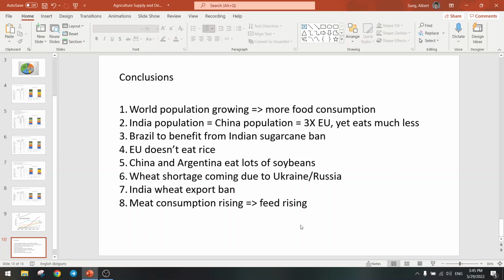So that's the conclusion. I think that food is going to keep on rising,